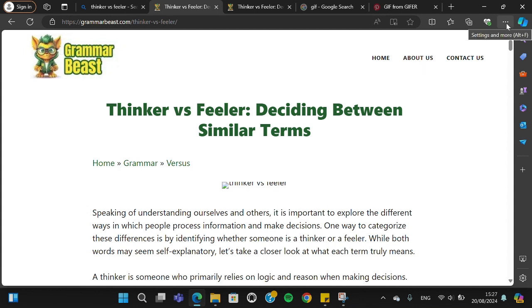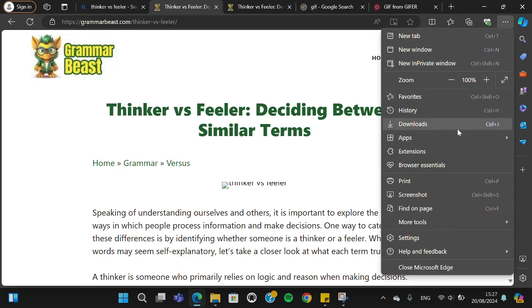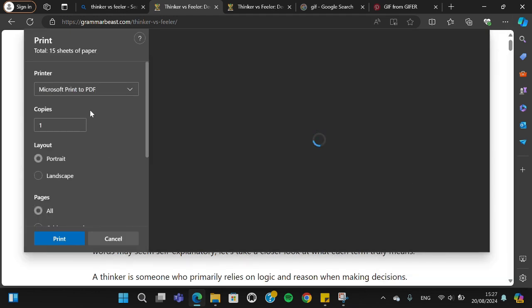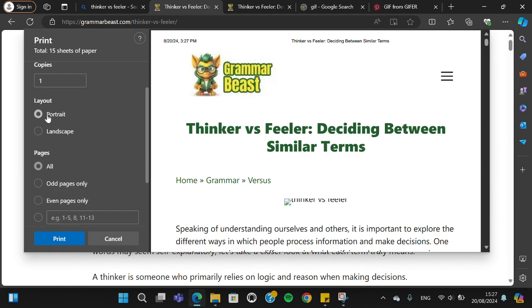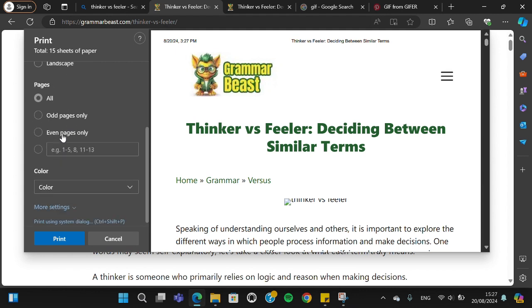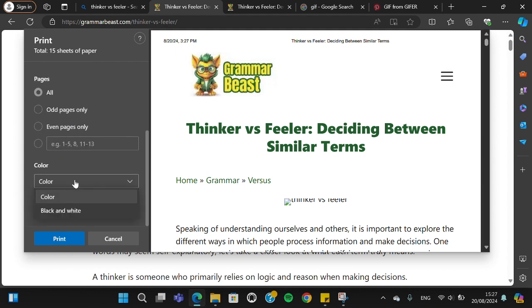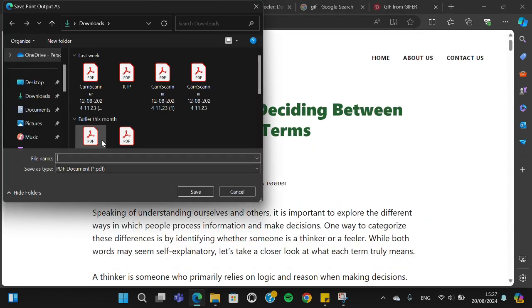We can click on the three dots on the top right guys, and then we can click on print. Okay, and here you can choose either you want to make it portrait or landscape, and then you can make it black and white if you want, but I'm just going to select color, and then we can click on print. Then you can name your PDF document